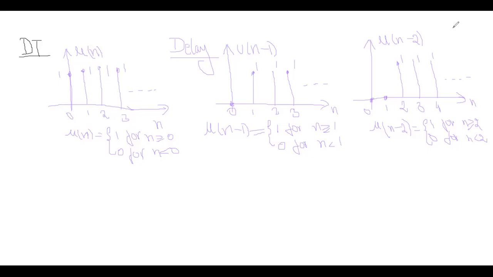Okay, so whatever expression we are writing as the discrete mu of n minus k is a delay function, where k varies 1, 2, and so on. So one sample is shifted right side, two samples is shifted right side, like that. Coming to the advanced function,